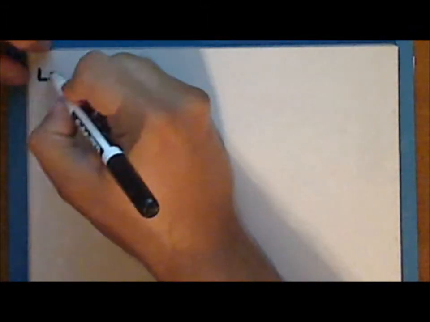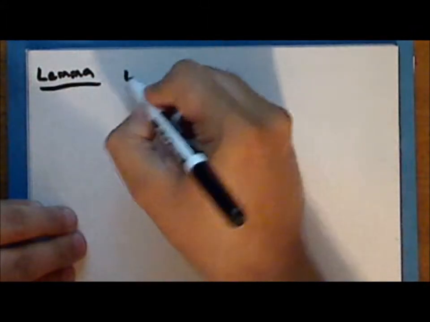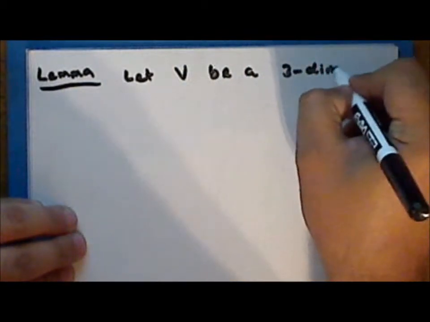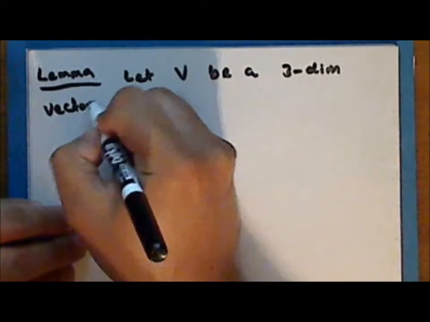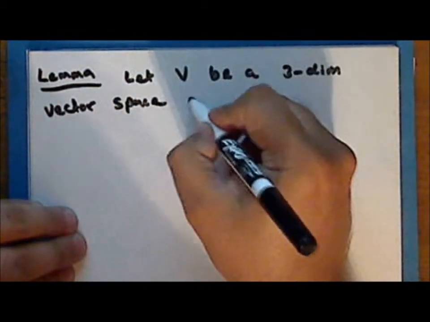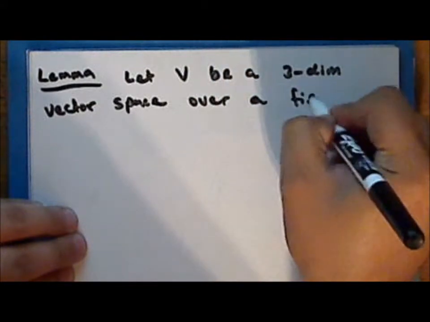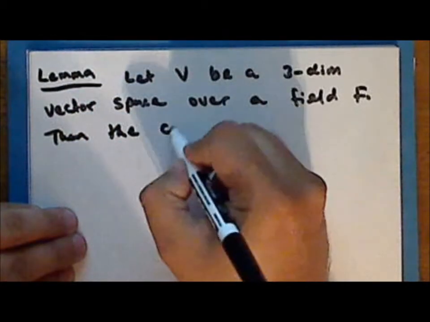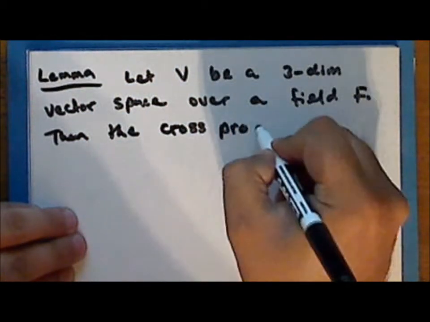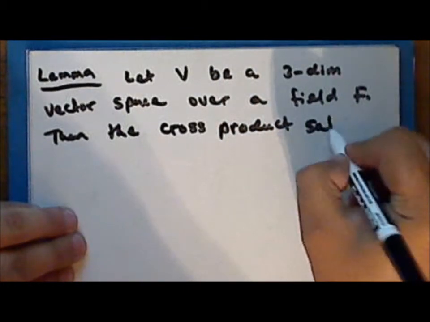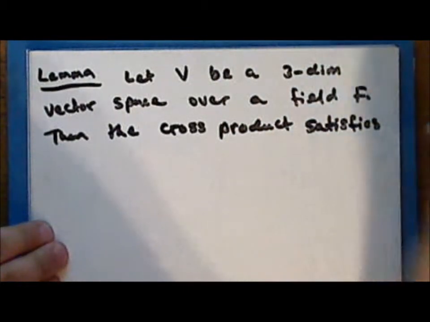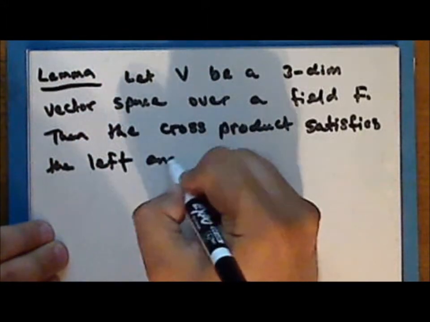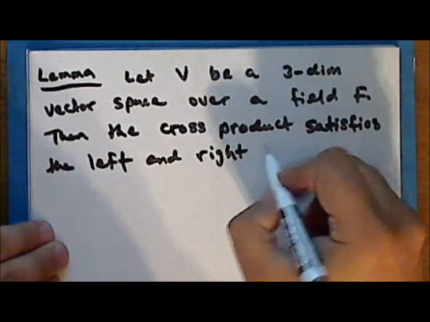So new lemma. Let V be a three-dimensional vector space over a field F. Then the cross product satisfies the left and right distributive laws,